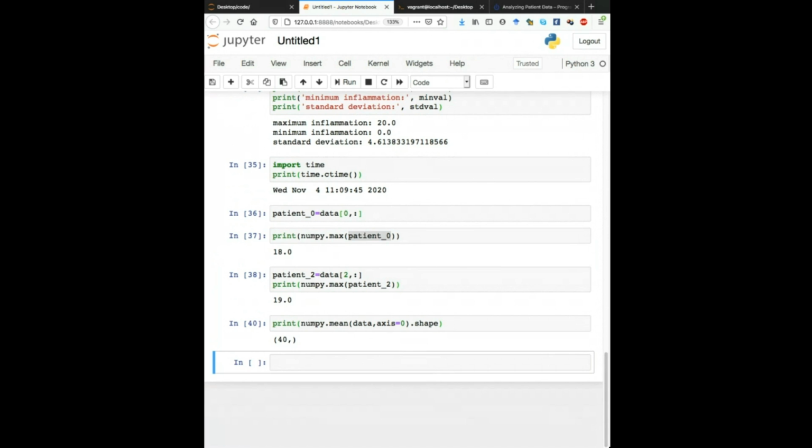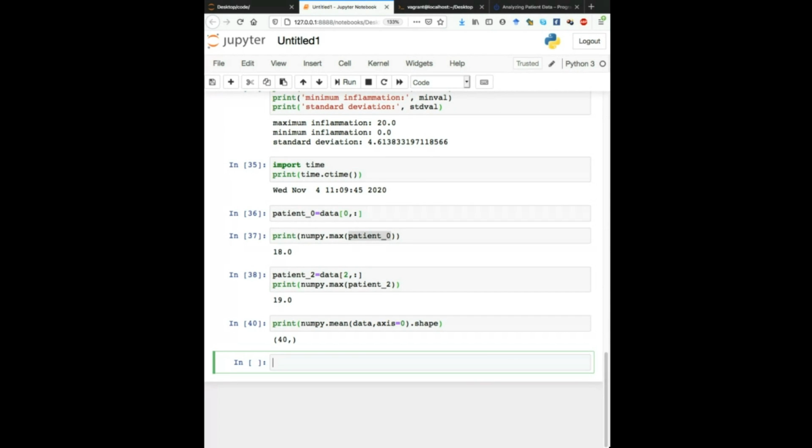So when we use axis 0, we actually calculated the mean value for every day, and what we were showing before was the daily mean value for all patients. I hope that makes sense. If not, please put it in the chat. If I need to elaborate a bit on this,